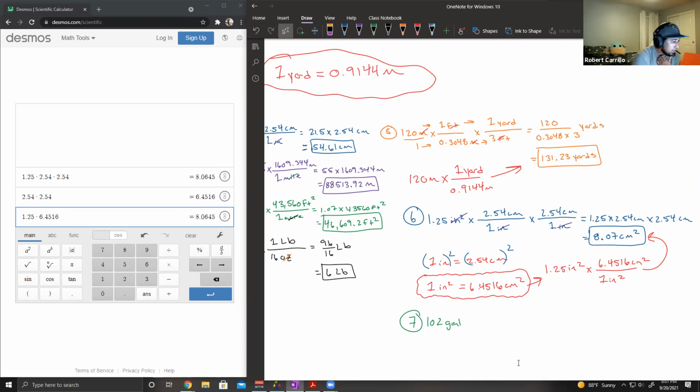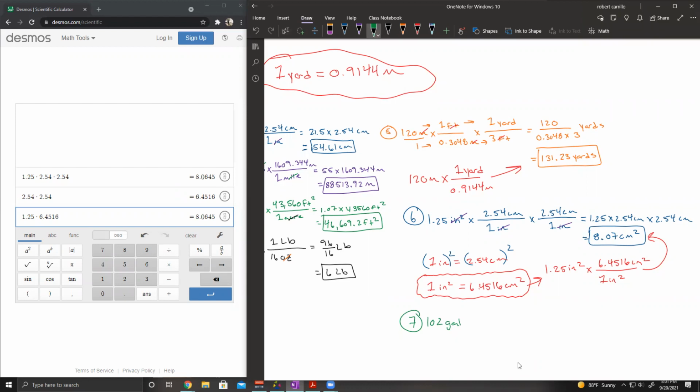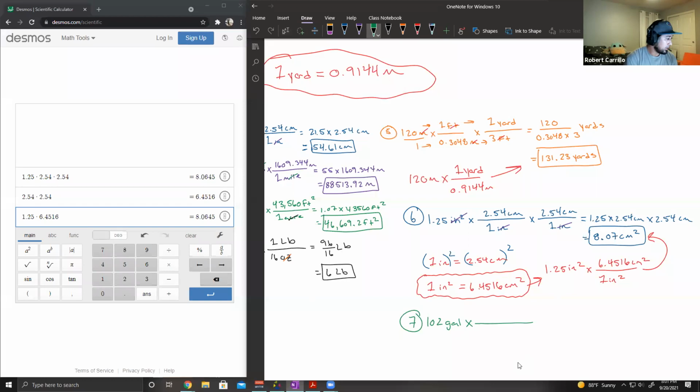And then in 1 liter, we have 33.8 fluid ounces. So can we go from gallons to liters to ounces? Yeah, so let's set that up. So in 102 gallons, we have,